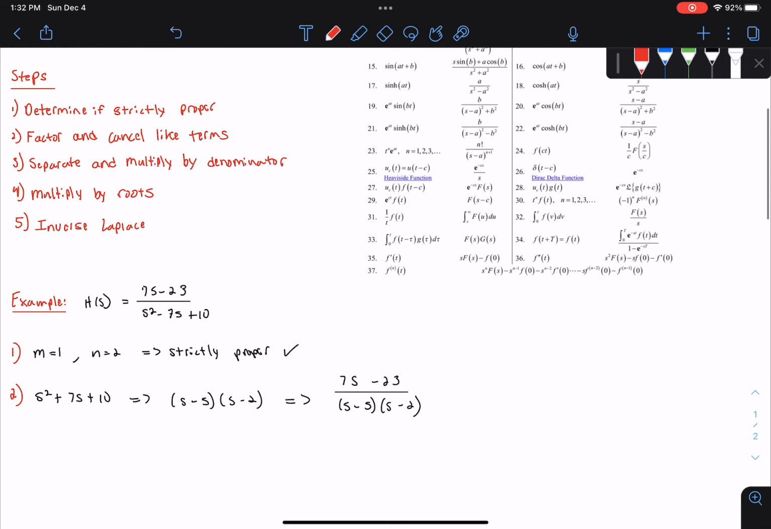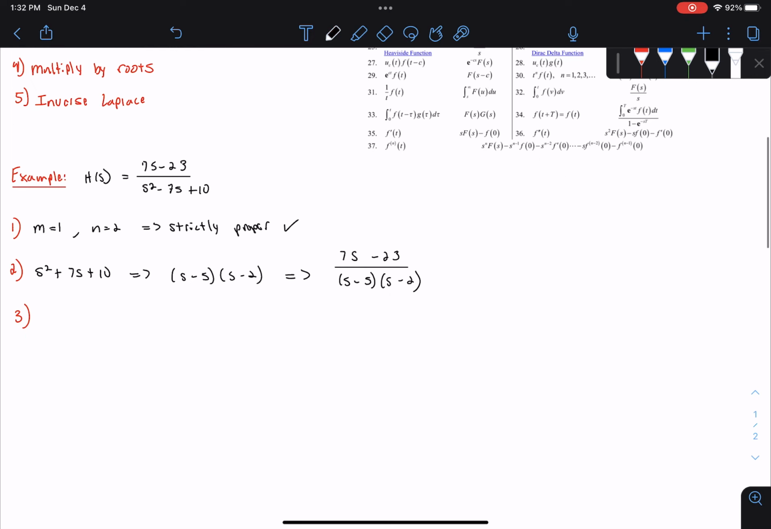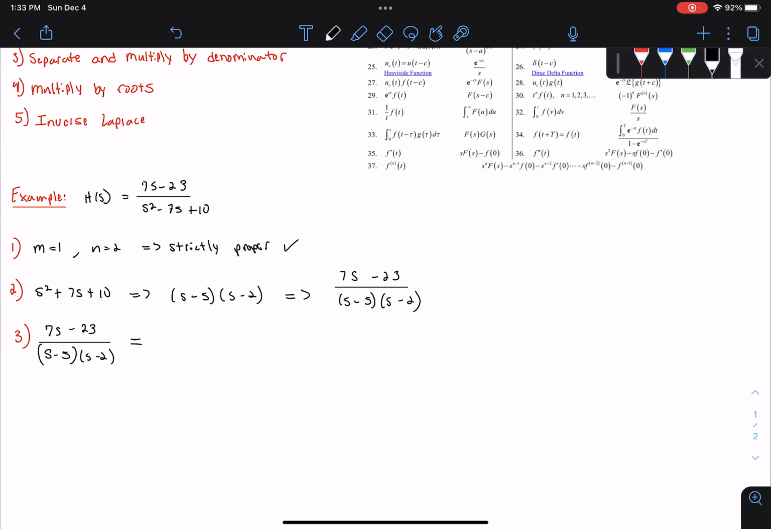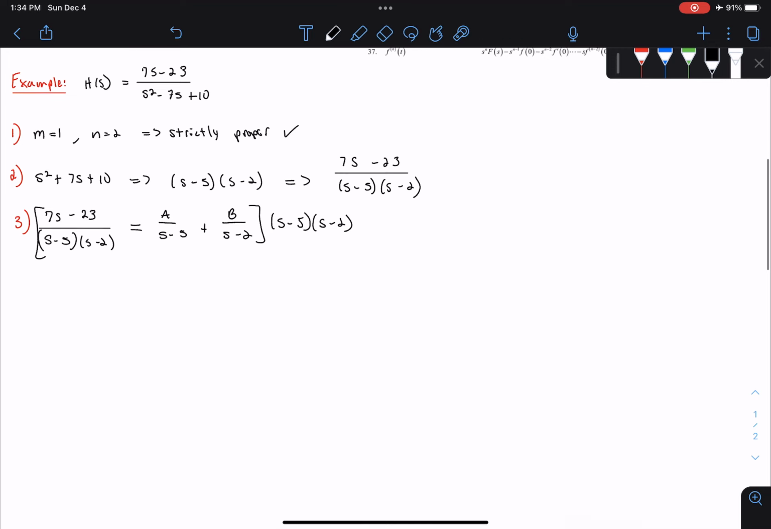Okay, now we can move on to step 3, which is separate and multiply by the denominator. So we have 7s minus 23 over s minus 5 times s minus 2, and we need to set this equal to the partial fractions. So we have a constant over each of the roots. So we have A over s minus 5, and then we have another constant B over s minus 2. So we multiply by the denominator on both sides. So we multiply this by s minus 5 times s minus 2, and then we are left with